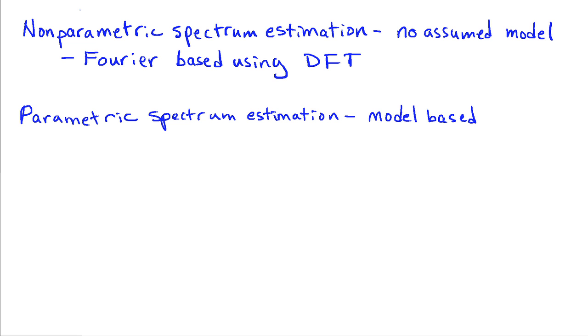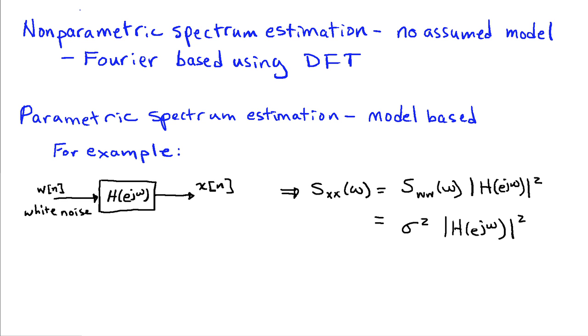Parametric spectrum estimation techniques are based on the use of models for the data. And they assume that the data is generated in a certain way. For example, we might assume that the data is the output of a linear time invariant system with frequency response H of e^{jω} in response to a white noise input sequence. And this model allows us to describe many different spectral shapes